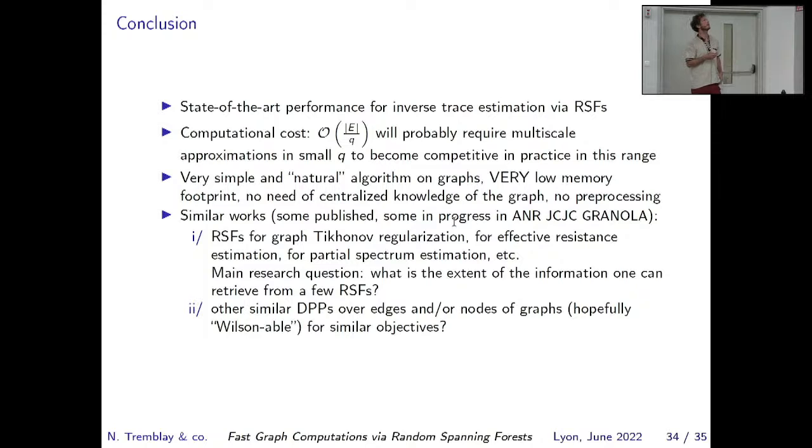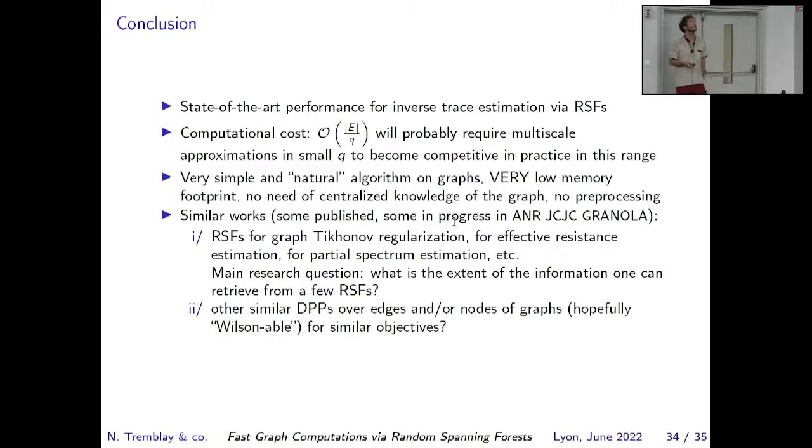And so in the project I'm in currently, we've been working on how to do graph Tikhonov regularization, so not computing the trace, but computing K times some vector. We've been working on effective resistance estimation using random spanning forests. We've been working also on partial spectral estimation using random spanning forests. This is current work, either published or being published or very soon. So the opening is, what is the extent of the information I can retrieve from a few